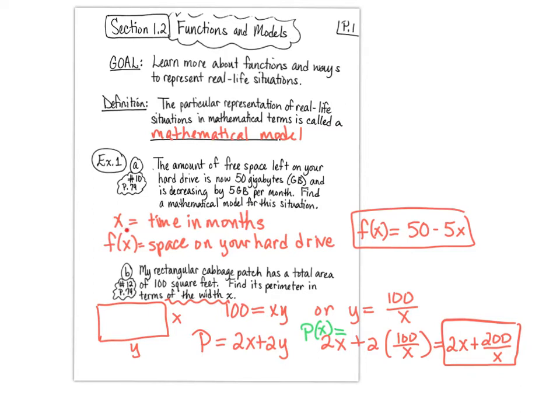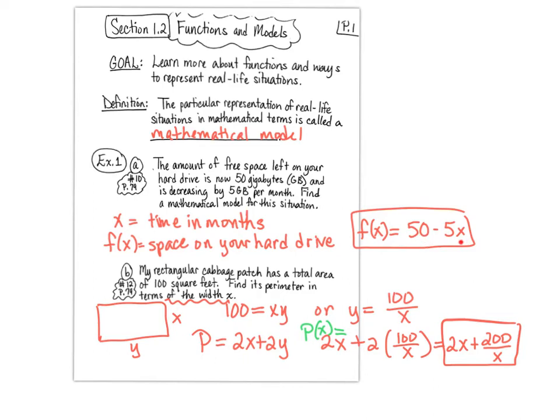So here we said, okay, let x be the time in months and let f of x represent the space on your hard drive. Because we have 50 gigabytes left and it was decreasing by 5 gigabytes per month, we came up with the mathematical model